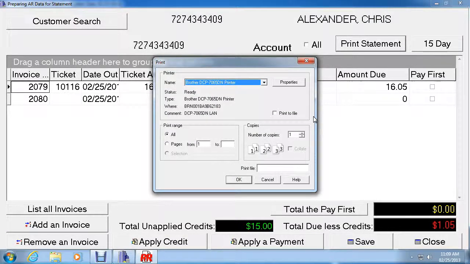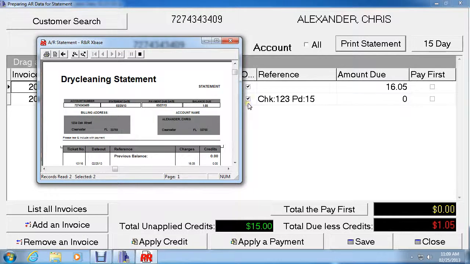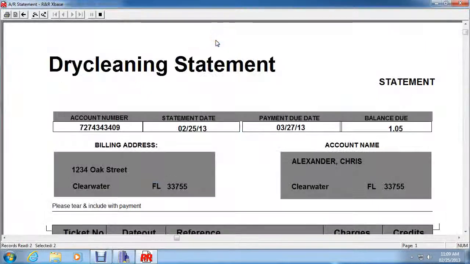Then we can select the printer you would like to use, and remember that this must be an 8.5 by 11 printer to do so. So let's just click OK so that the preview window can open. Let's expand this. You will notice that in this statement you have the name of the cleaners, which I